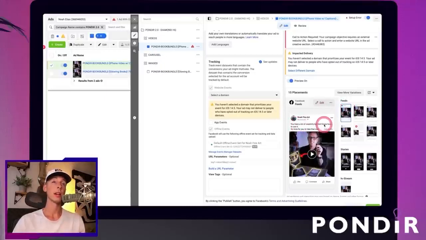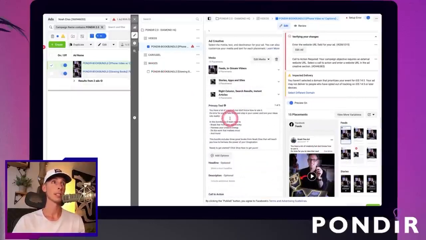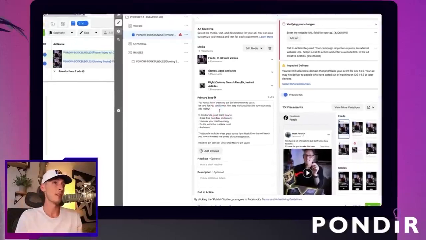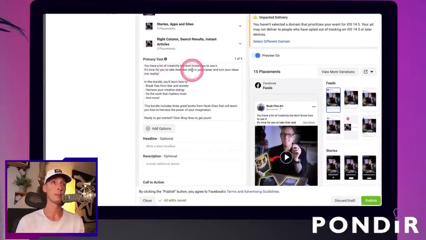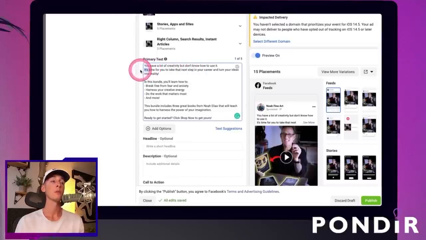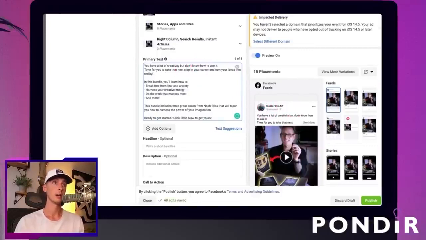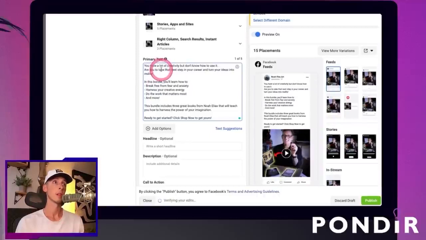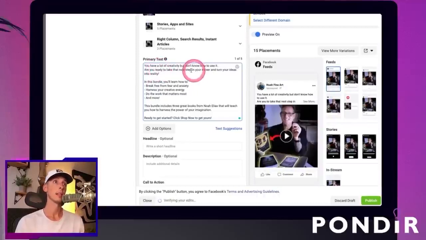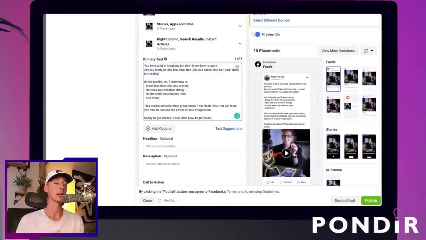Okay, there we go. So you have a lot of creativity, but don't know how to use it. It's time for you to take that next step. So that's where our opportunity to incentivize is. I'm going to remove the word "it's" and see if I can fit "next step." Yep, there we go. See, it cut it off. Basically, I just want it to cut off at "next step" because